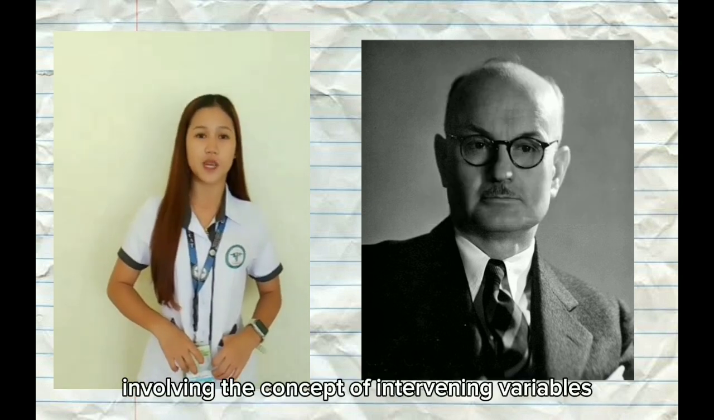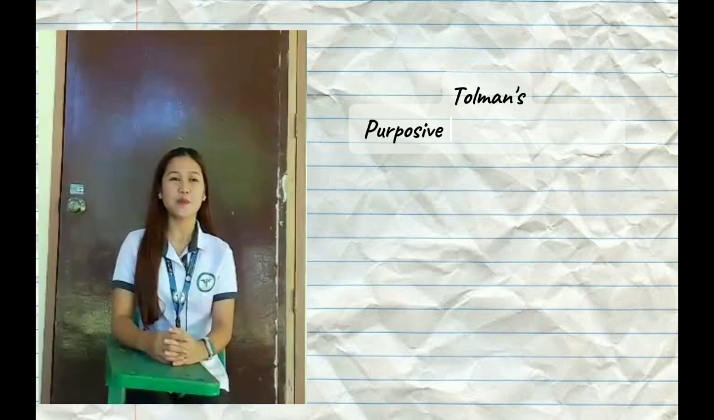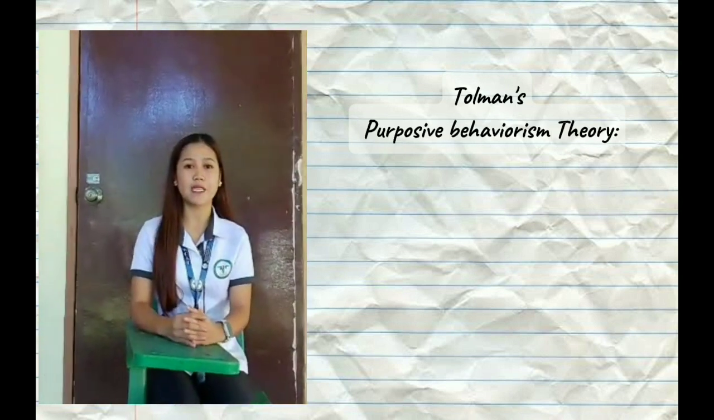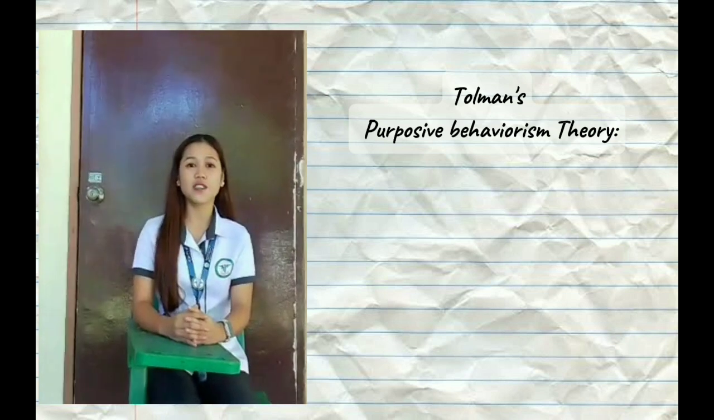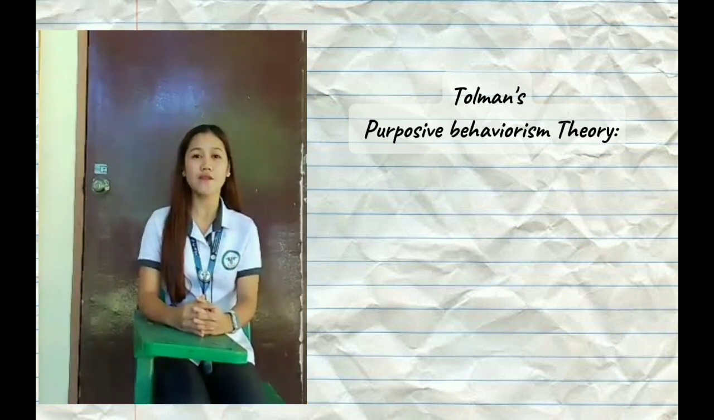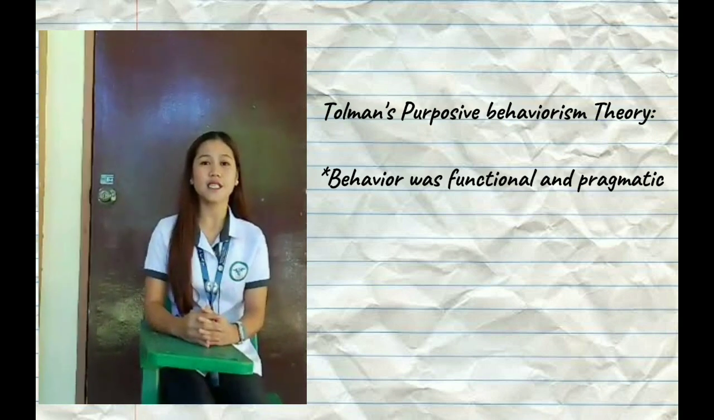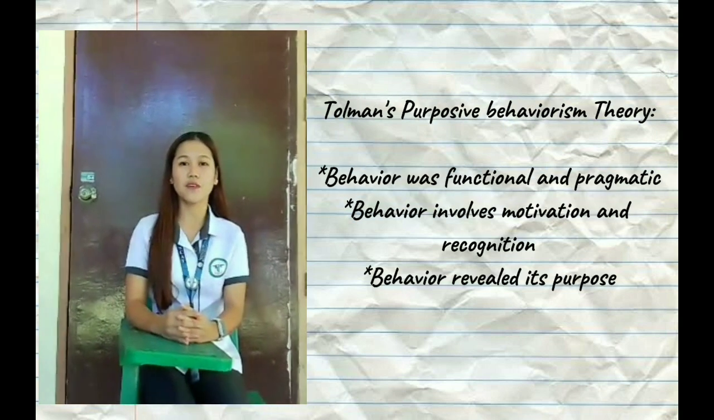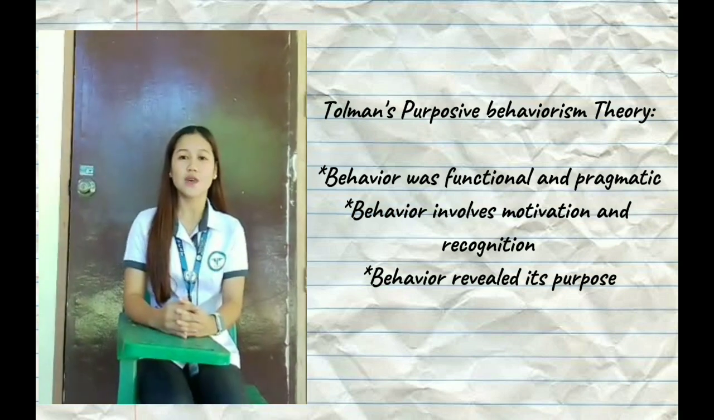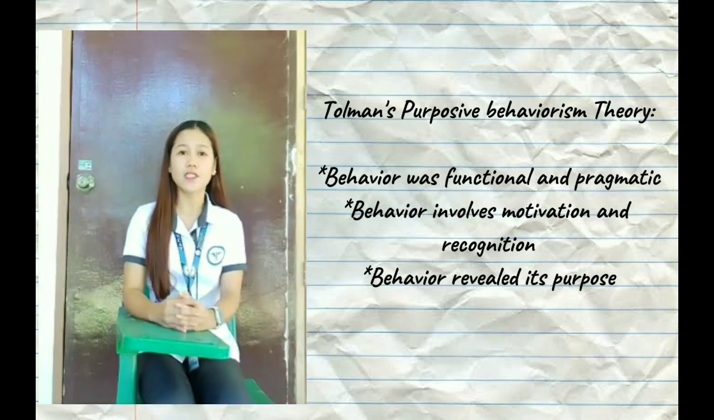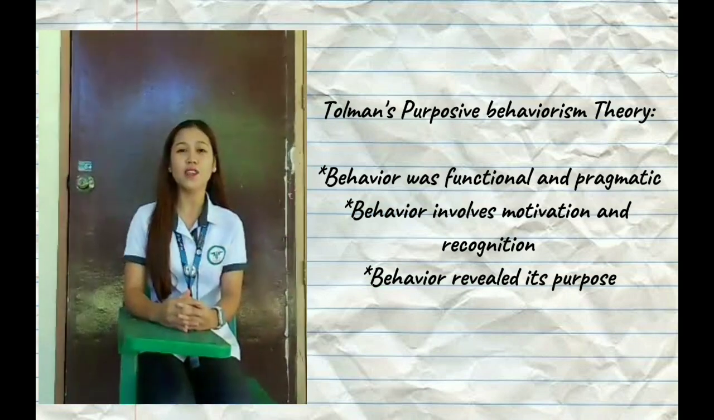of intervening variables. Tolman's purposive behaviorism theory holds that behavior implied performance, the achievement of an altered relationship between an organism and its environment; behavior was functional and pragmatic, behavior involves motivation and cognition, and behavior revealed its purpose. On the other hand, it is the combined study of behavior while also considering the goal and purpose of